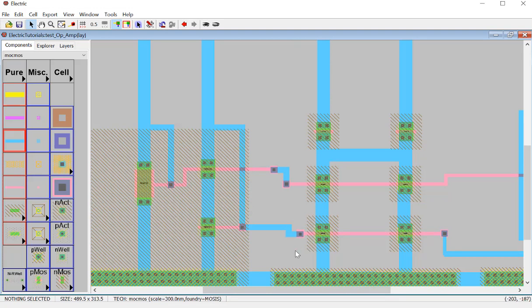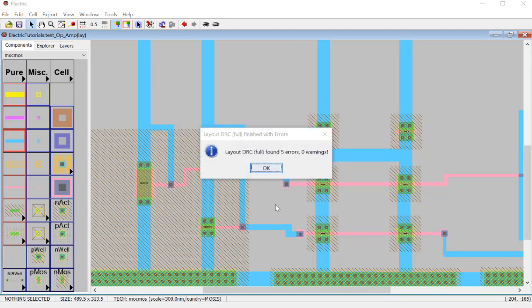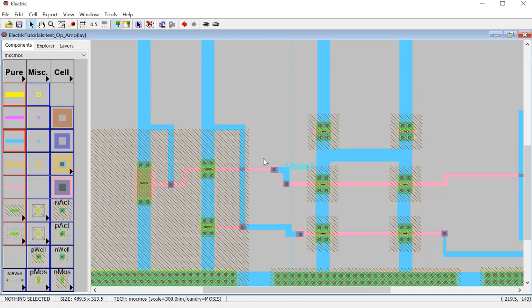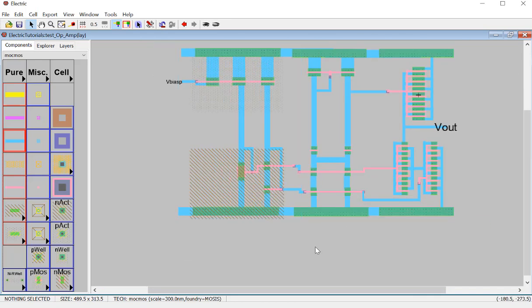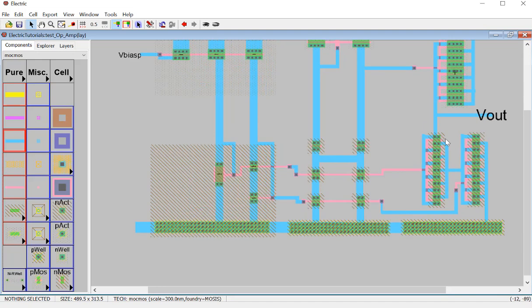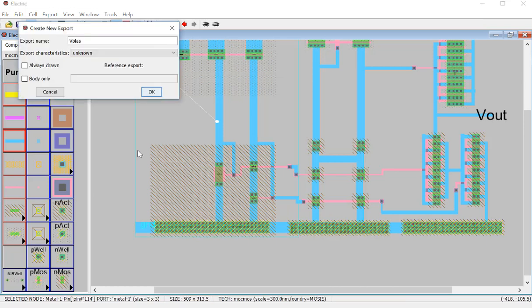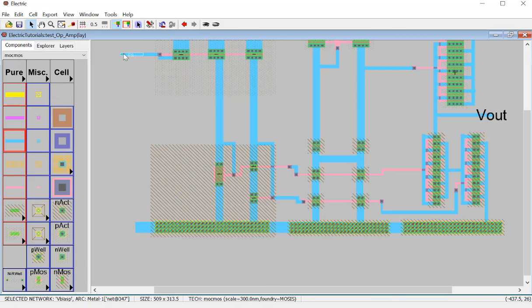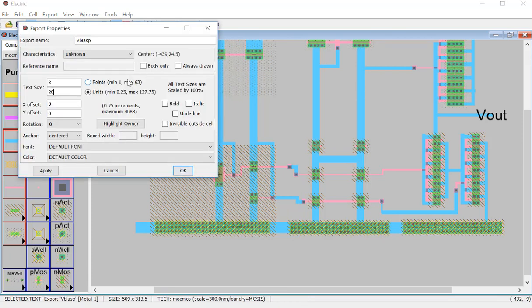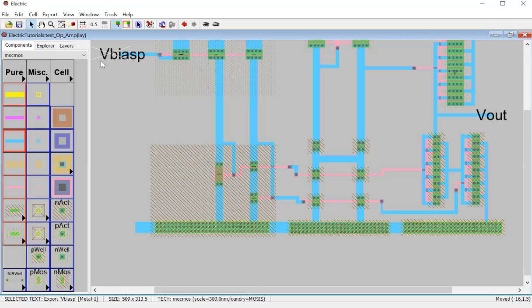All right. So I have 5 errors. Interesting. I don't think I should have any errors, but I do have them. VM, VP. Yeah, we don't have VM and VP yet, right? So what I will do is connect the... So this is VP. This is VBIAS P as a node, and I will make it larger. Let's do 20. So that's VBIAS P,